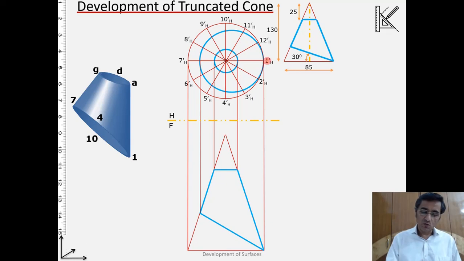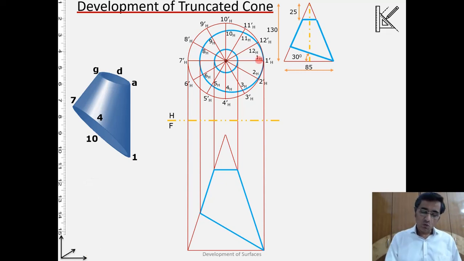For example, 1 dash, 2 dash, 3 dash, 4 dash, these are the points on the base curve, okay, and 1 dash h is the horizontal projection of that. If I transfer this 1 dash h over here, it will become 1 dash f, okay. Similarly, this point will become 7 dash f because it is in the frontal. Alright, so these are the points on the base curve. Similarly, we have the corresponding points on this circle here as well as on this circle. Let us give them some names.